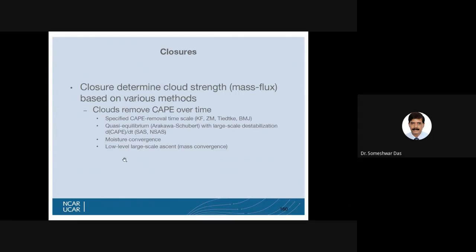Moisture convergence, low level large-scale ascent, etc., through the mass convergence. All these things one has to check before calculating the tendencies because of the cumulus convection.